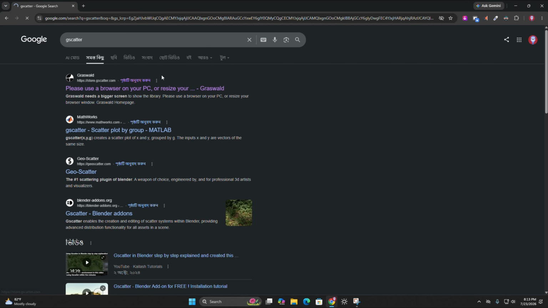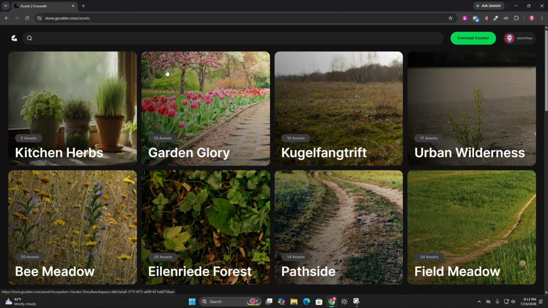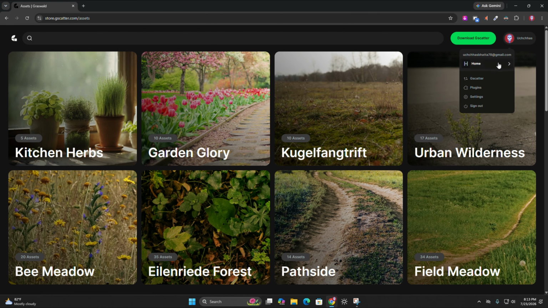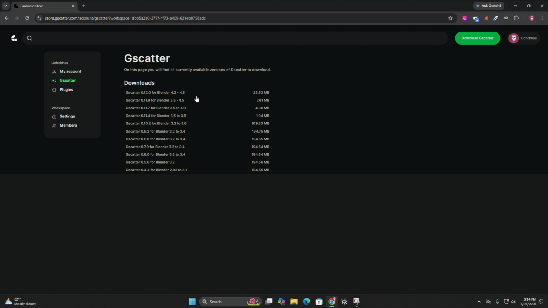In this video, I'll show you how to fix the Python version incompatibility error in Blender 5.1 when installing the free Gscatter add-on. First, open your web browser and search for Gscatter. Click on the Graswald website link, head over to the store, and sign in to your account. Then click the Download Gscatter button at the top right, pick your version, and download the zip file to your